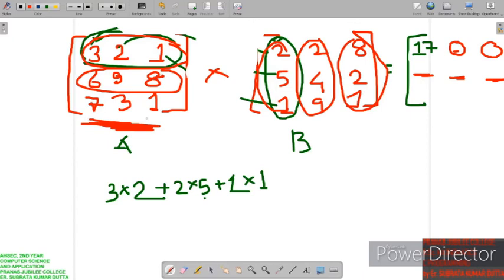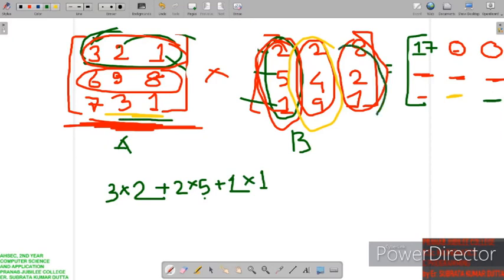So for this value, the last row with the first column, then for the second position, last row with the second column, and for the position at the end, last row with the last column, okay. So it will be dot product in all the places, in this form, all right.